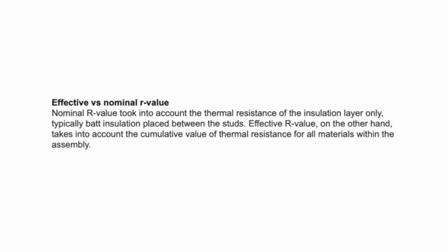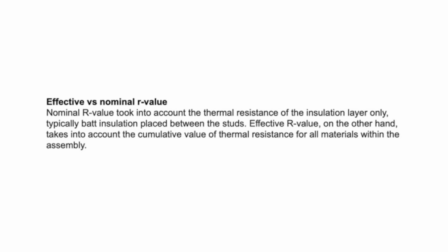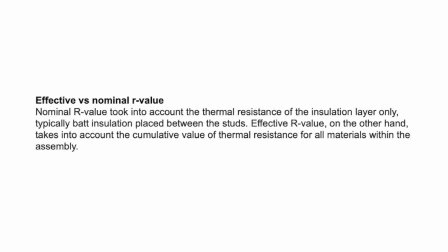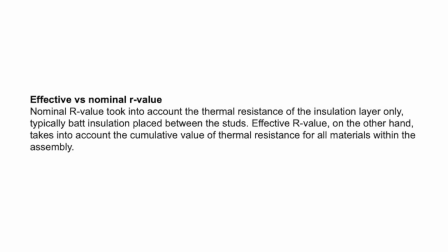When I say nominal R value, what I mean is when you look at that bag of, let's say, Rockwool insulation, it's going to say R whatever on there, R15, let's say, for a 2x4 high density Rockwool batt. When we talk about that wall, we often as builders say, oh, that's an R13 wall. But in fact, the nominal R value is different than the effective R value. The effective R value takes into account the 2x4 studs, the headers, the double top plate, the windows, all that sort of thing. Now I'm going to leave off the windows for now, just thinking about a section of wall that includes 2x4s. We think that's R13 on that first example, but in fact, the opaque assembly is really